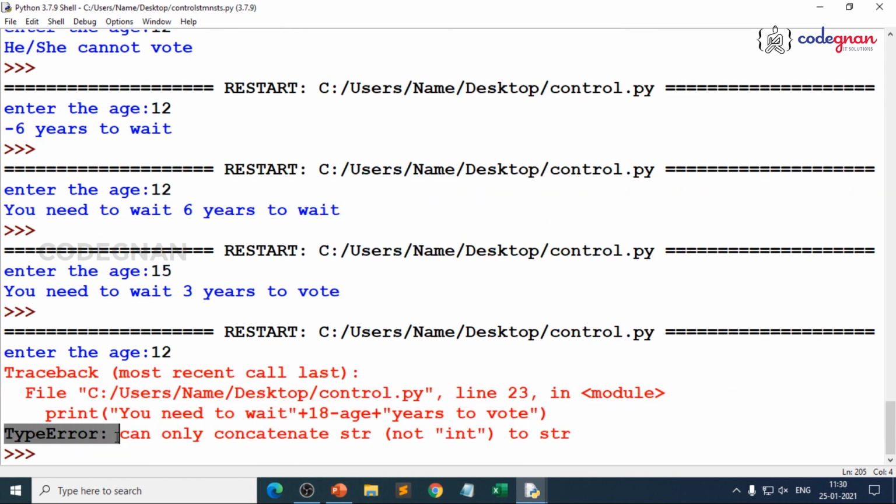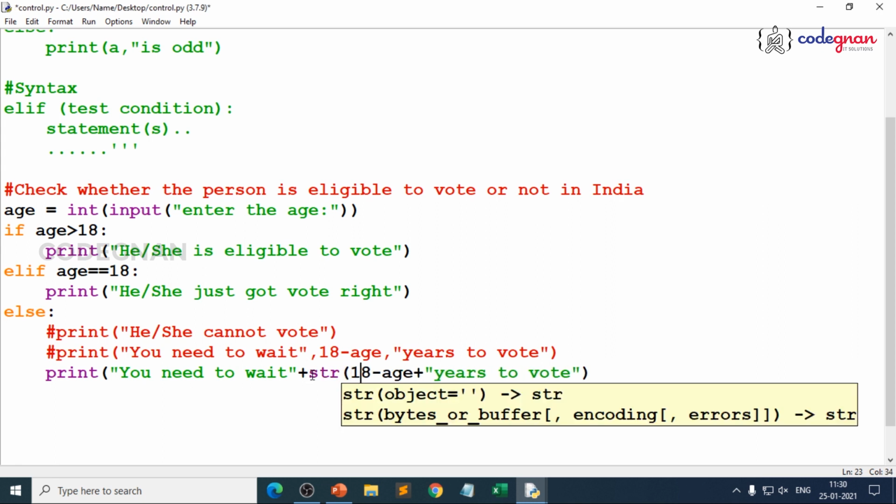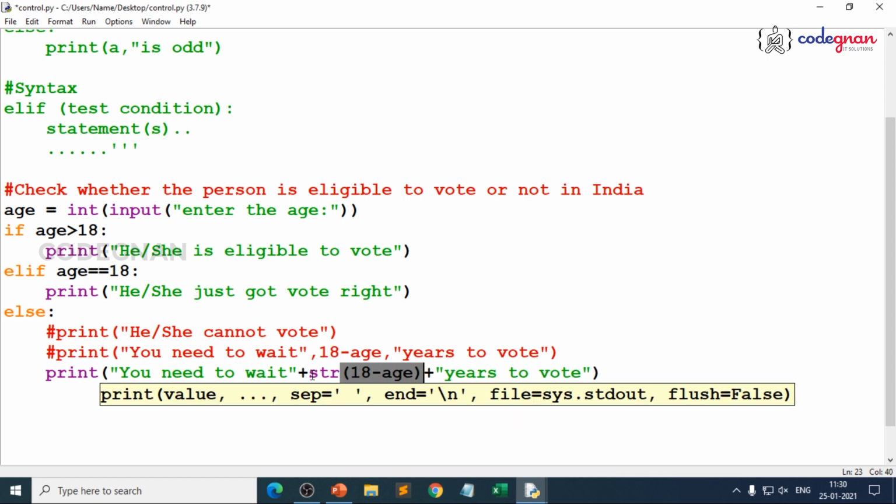Yes, you will get a type error, because you are trying to concatenate a string with a string and an integer, since you are getting the result as an integer. 18 minus age, whatever age you enter, 18 minus a number is a number, because you are using plus here. So you need to use type conversion here, because we have learned about it in the beginning itself.